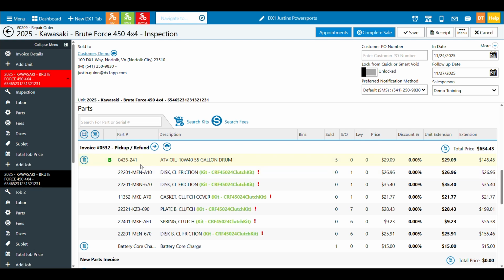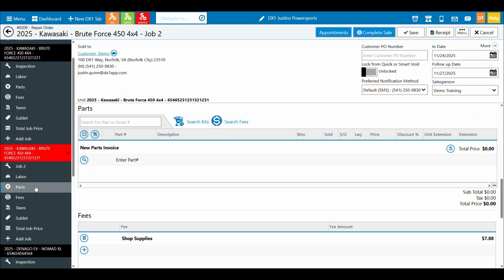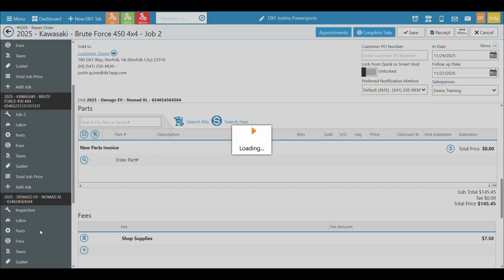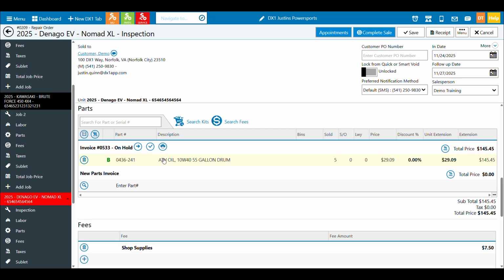Again, there's not a lot of steps. This is the most important one to remember: in order to get parts removed from inventory and into the ordering screen and moving on, you'll have to click that convert to RO button, and you'll have to make sure to come up here for all your invoices. If I have invoices on other items, which I do here, again, I would have to go over and click complete sell.